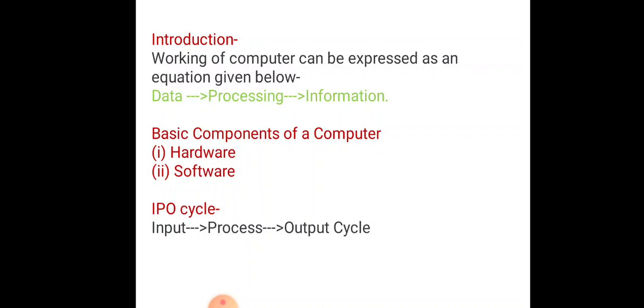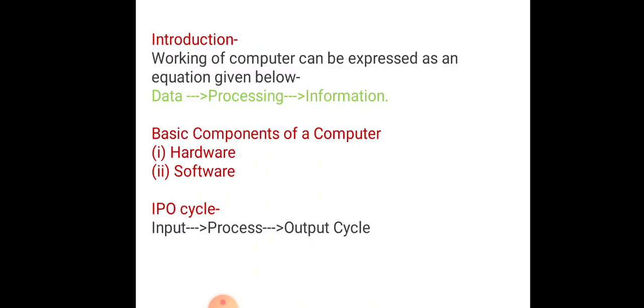As we know, computer क्या कर रहा है? The computer is taking input from the user in the form of data and instructions, processes this data and then gives output to the user. So हमने computer को expressed कर दिया in the form of an equation: data, processing, information. Data यूज़र से आ रहा है, कंप्यूटर ने उस पर प्रोसेसिंग की, फिर जो रिज़ल्ट या आउटपुट आया वो हमें इन द फॉर्म ऑफ अ रिज़ल्ट और इन्फॉर्मेशन उसने दे दी.